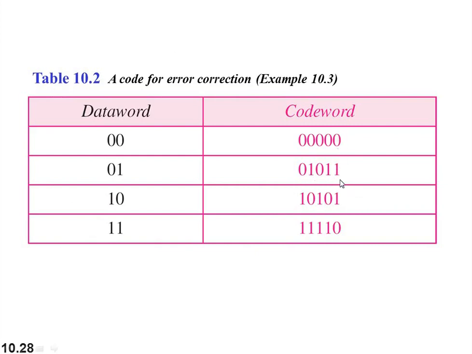You can see that the received code word is, I'll write it over here, 0100 1. Now you compare it with this one. Here it is changed, here it is changed, so the change is of 2 bits. Here you can check, the change is only with this one, so the change is of 1.